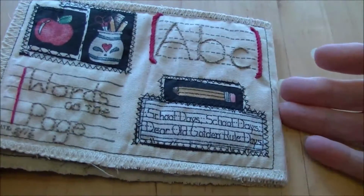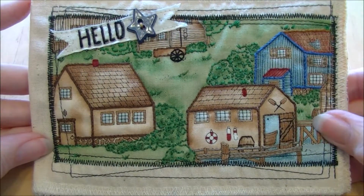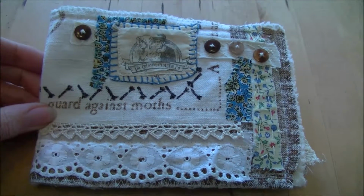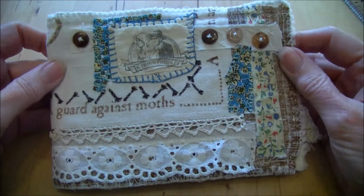In the last video clip, I showed you the first signature that I had made for my fabric journal with the theme of words on a page. Today I'm going to show you the lace theme signature. Now this is, I'll just bring it back a bit, there we go. This is the lace themed